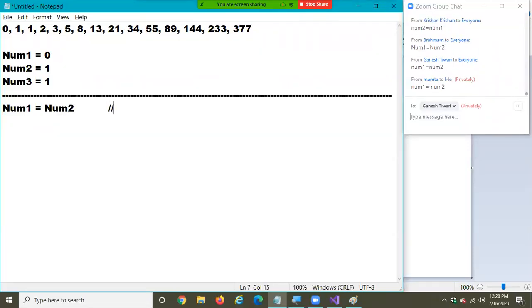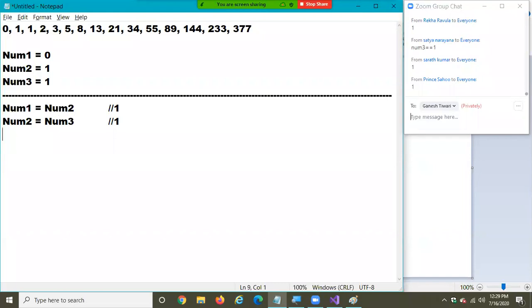What is the value? 1. The value is 1. Next, num3 value to num2. What shall I write? Num2 is equals to num3. What is the value? 1.